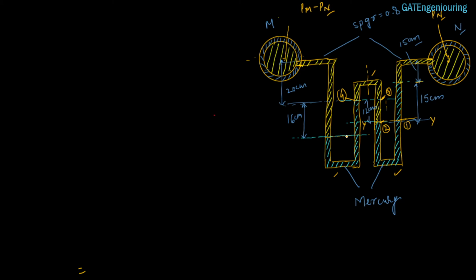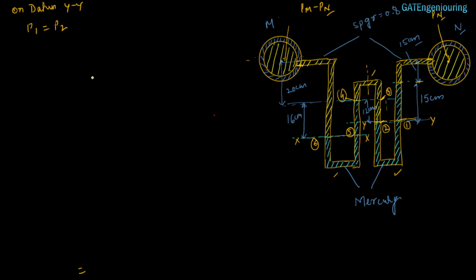You can see here in case of double U tube manometers there are two datums. Let's say this is datum 1 which is YY, and this is datum 2 which is XX. We'll start from this side and come to this side. Let's say this is point 1, point 2, point 3, point 4, point 5, and point 6. On datum YY, pressure 1 is equal to pressure 2, because both are on the same datum.